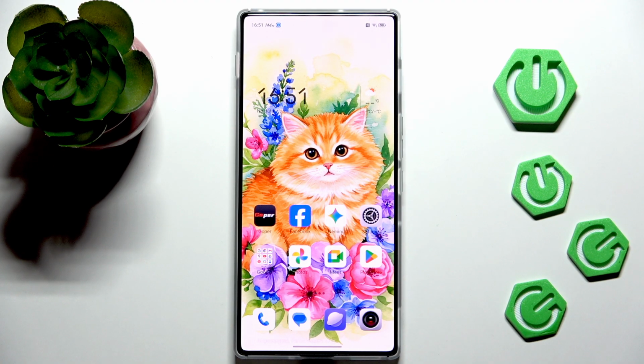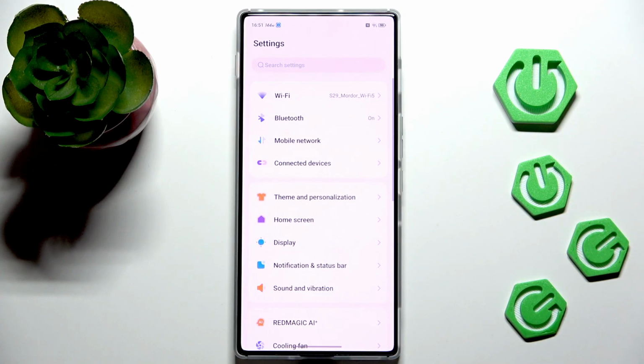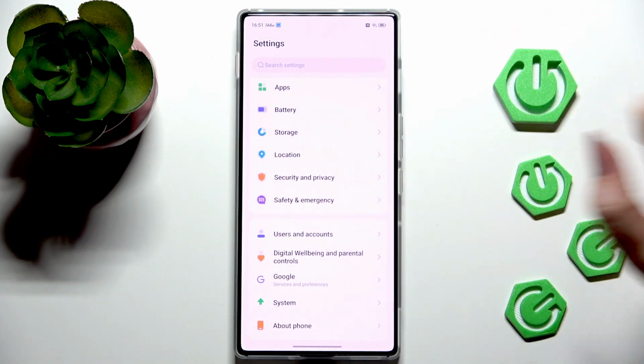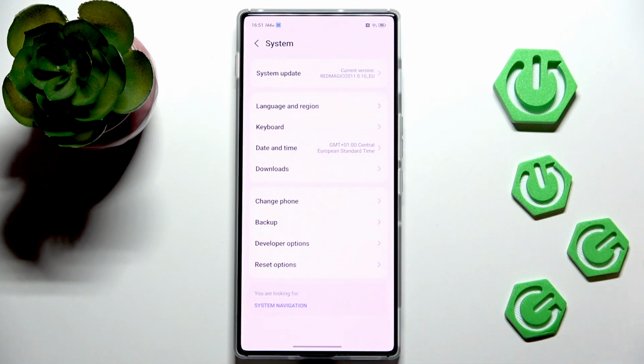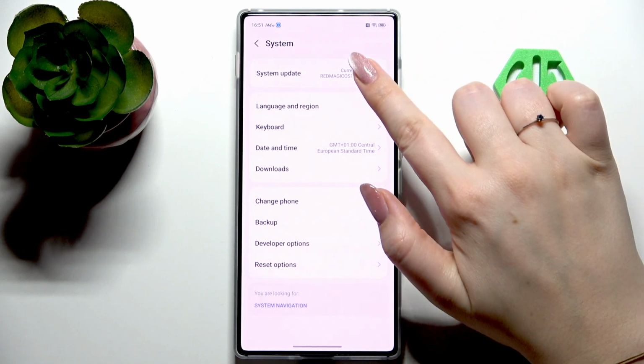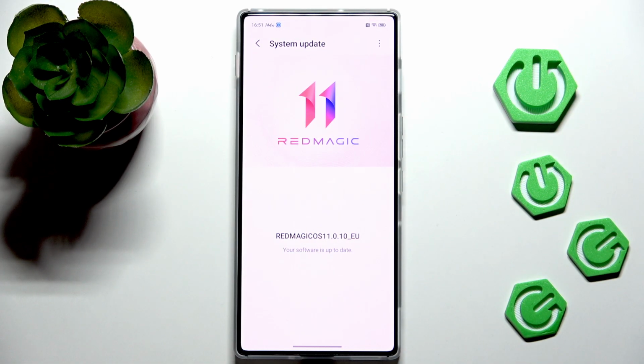Alright, so we've got the internet connection, and then let's open the settings. Right here we have to scroll all the way down to find System. And here at the top we've got the option System Update. And now, as you can see, your device is checking for the updates, and basically you can meet two different